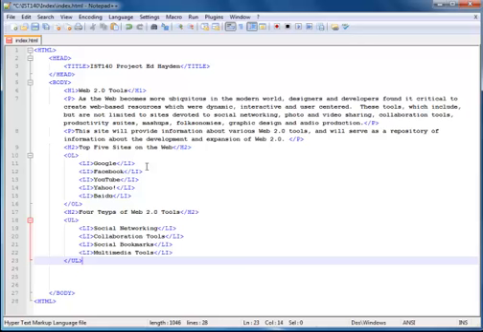Now you notice a few things here. I have been indenting a little bit to get my organization down, again just trying to make it neat and easier for me to follow, and anybody who opens this up to look at the source can see how I'm trying to organize this. HTML doesn't care about spacing and indents. It just looks for its tags. So no matter how I space this out, it'll still come out the same. So I'm going to save this,